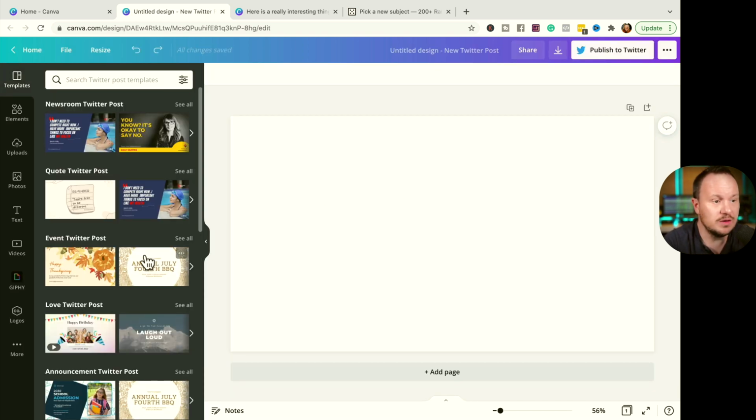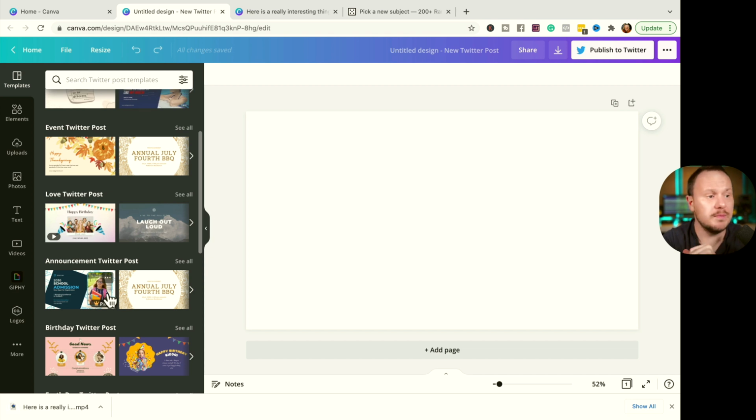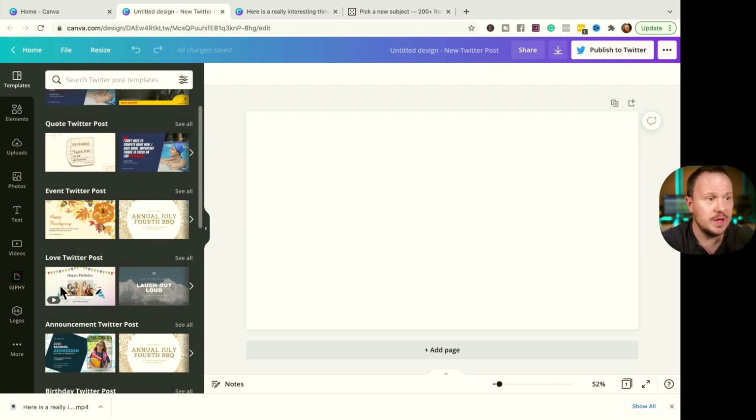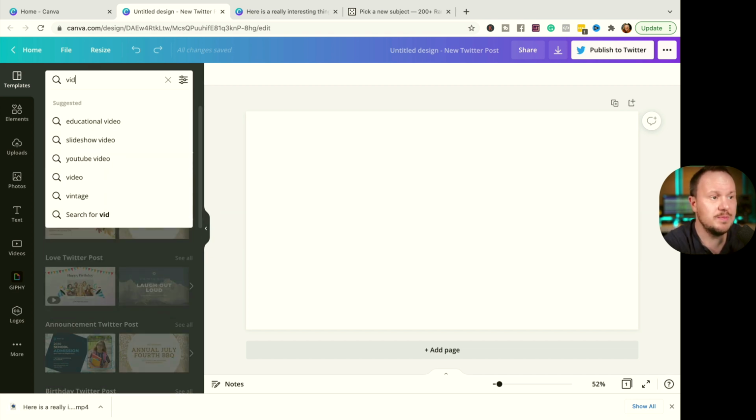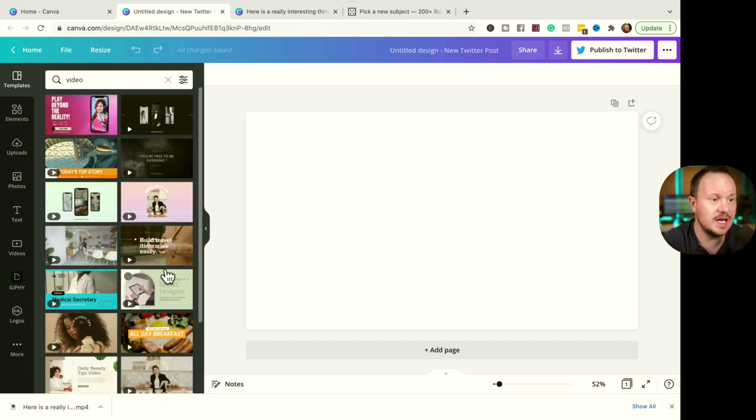And in here, we want to make a little video. There are already some video templates that you can see here with Canva. You can also type in video here, I believe. Yes. And now when you just type in video to the templates here inside of this Twitter post option, it's just going to populate different animated videos and things that it has already set up for us.